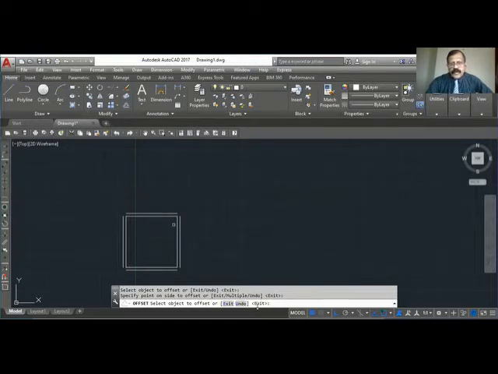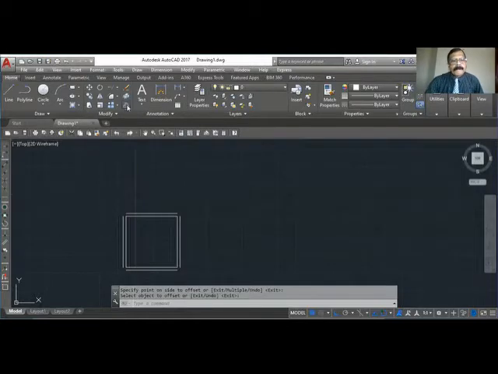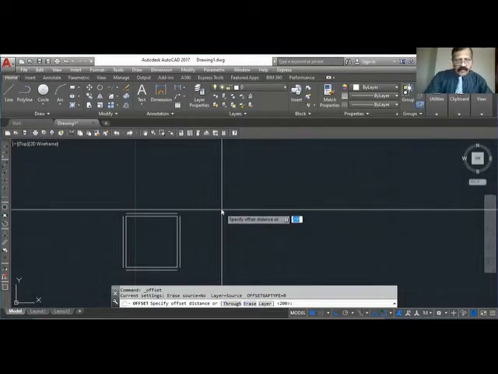Now I have to draw this room. What is the measurement? Check that. That is a small toilet, and this toilet's inner measurement is 1.4 by 2.1. Width is 1.4 and length is 2.1. So I will offset 1400.